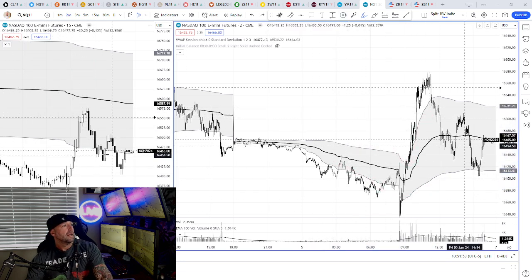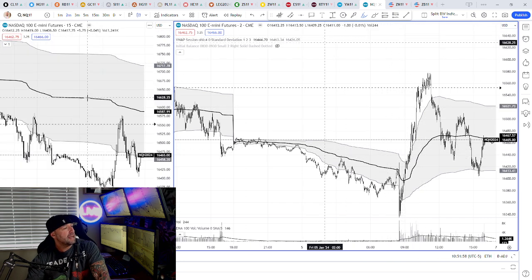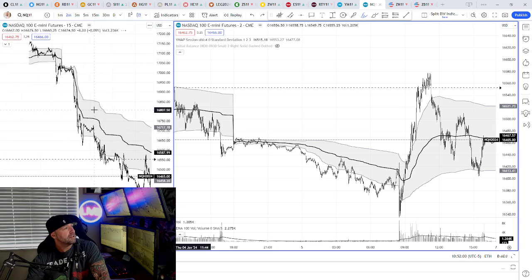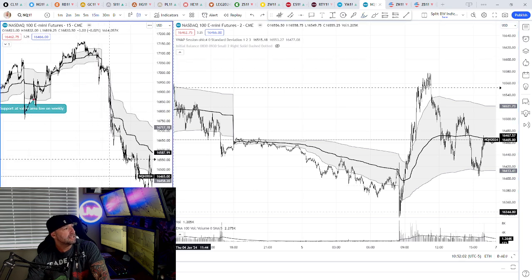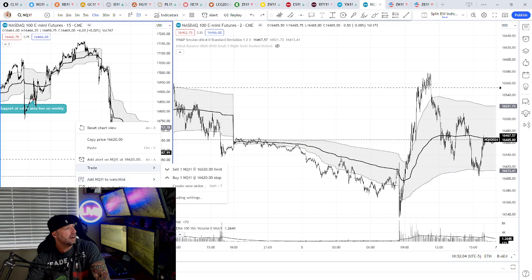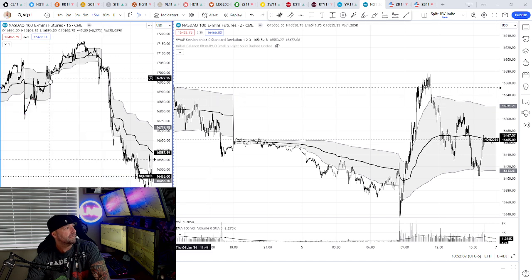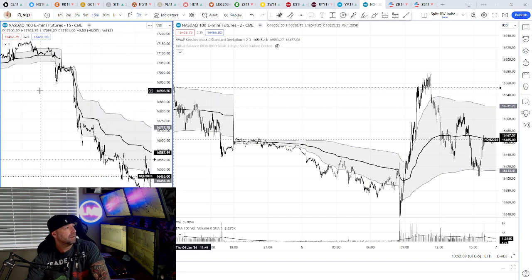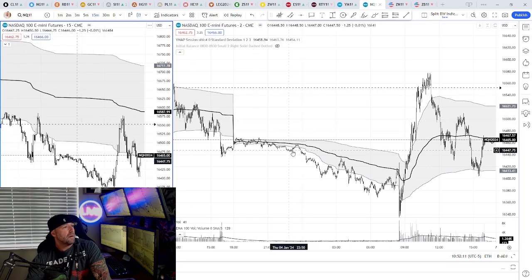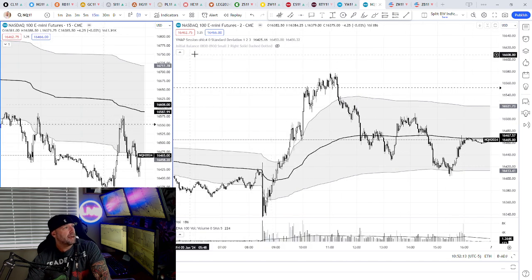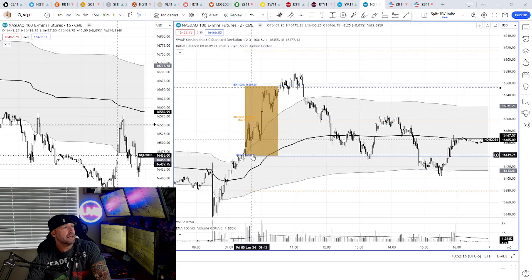Okay. We have the same thing on the left side. This is a higher time frame. This is the 15-minute, and this is a weekly VWAP. This starts at the beginning of the week, which is 6 p.m. Eastern Standard Time, starting on Sunday evening. Okay, and this is the NASDAQ we're looking at here. So those are the two major VWAPs I have set, and then the second is going to be the initial